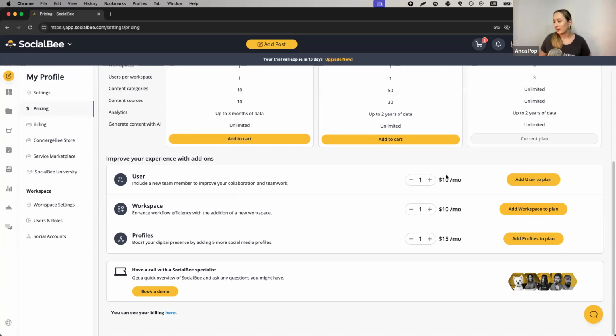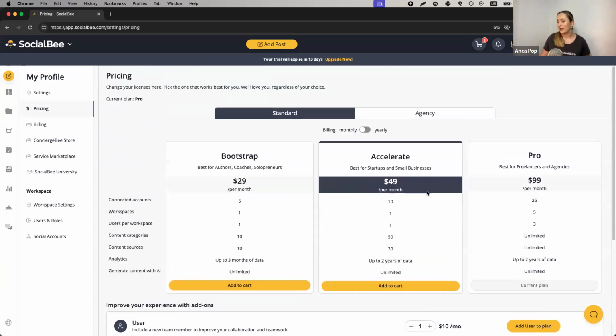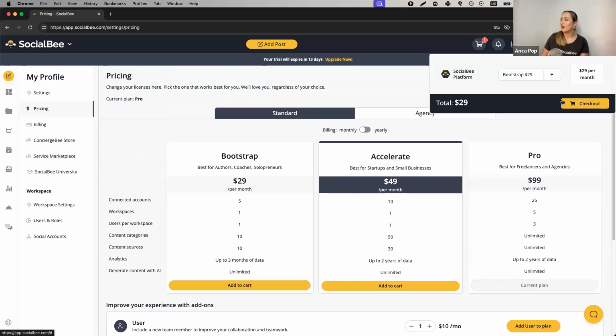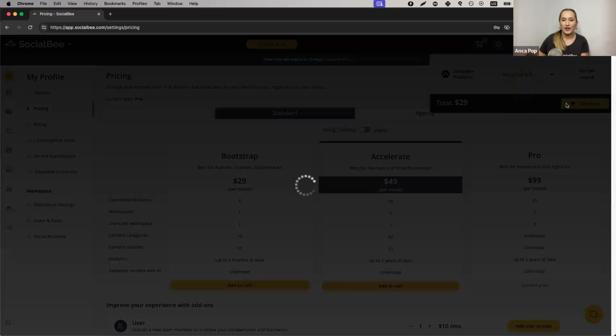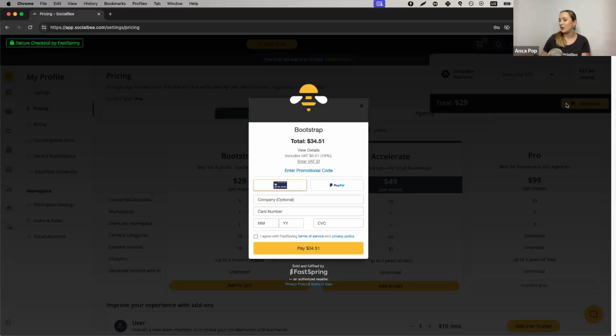So that's also something that you can do within SocialBee. When you're deciding on your plan, you just add it to your cart like so, and then you go to the cart and check out. This might take a little while because my internet is going rogue, but basically this will open up the payment module. We're using FastSpring for payments right now, and you'll be able to, there we go, you'll be able to